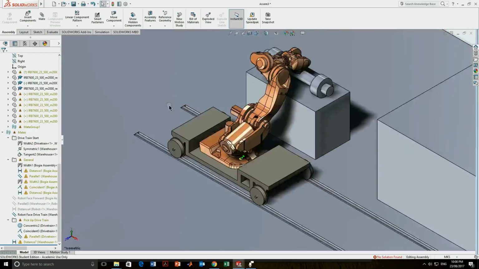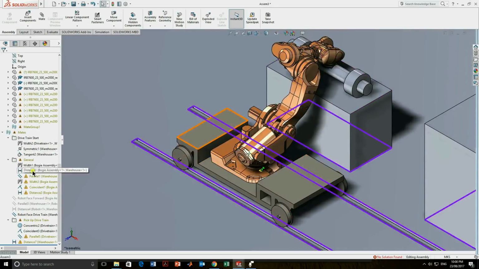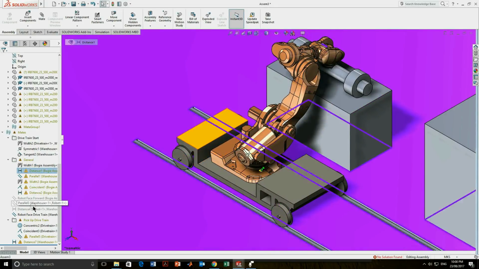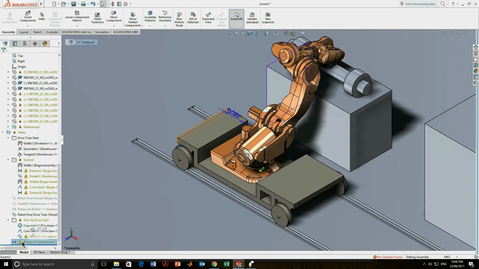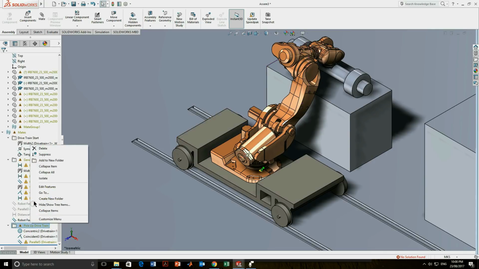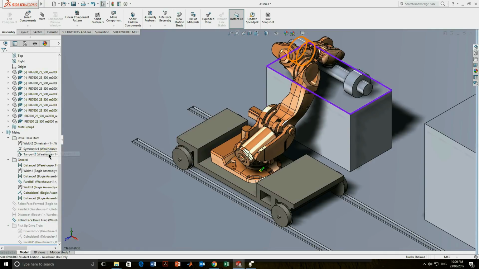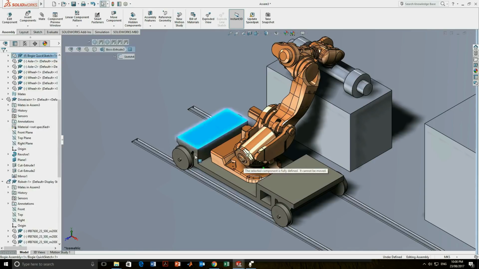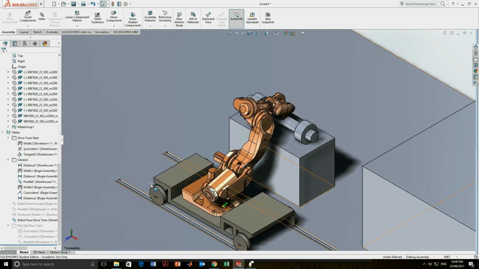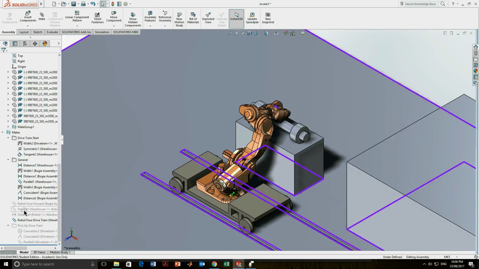Right. So I want that distance mate, not that one. This one here, this distance mate. That's the one I've just added in. So I'm just going to drag and drop it into the general folder because that's where it was before. Now I'm going to suppress the pickup drivetrain mates. And now this can't move, but that's all good because what I want to do is I now want to just set back up